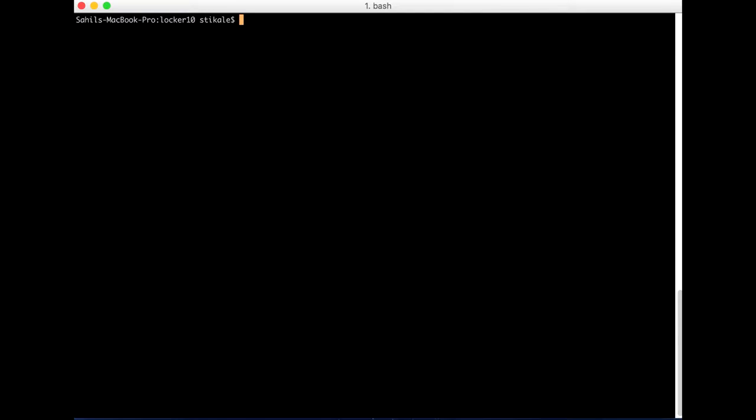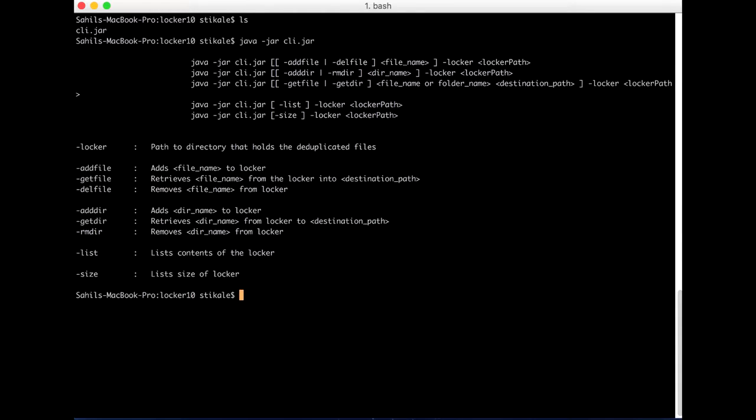Let's quickly look at the CLI we developed for our project. The whole software is contained in this .jar file, which makes the installation portable. To see how to use it, simply run it, and it will bring up the usage message. At any time, if you run incomplete arguments or just run this upper command, it will give you the usage message. To initialize the locker,